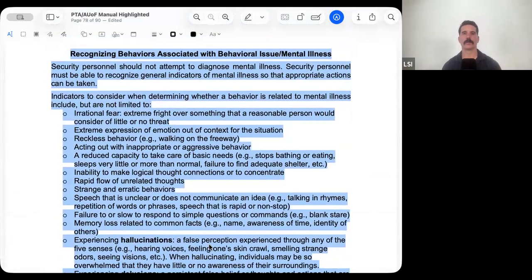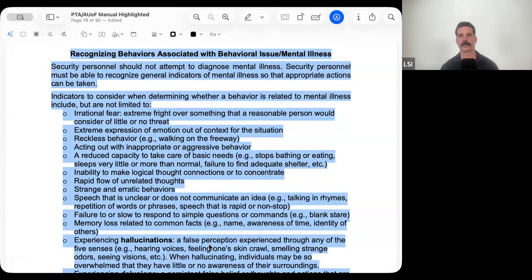Recognizing behaviors associated with behavioral issue mental illness. Security personnel should not attempt to diagnose mental illness. Security personnel must be able to recognize general indicators of mental illness so that appropriate actions can be taken. Indicators to consider when determining whether a behavior is related to mental illness include, but are not limited to, irrational